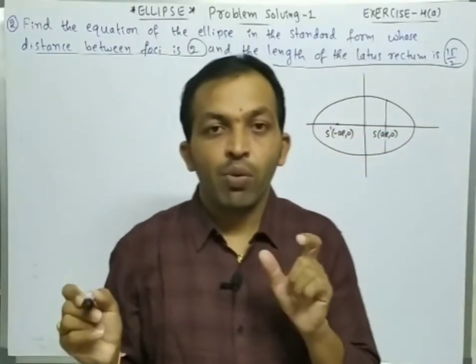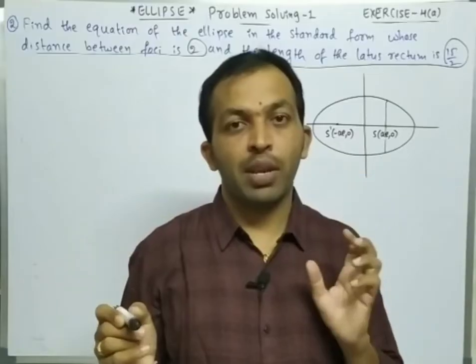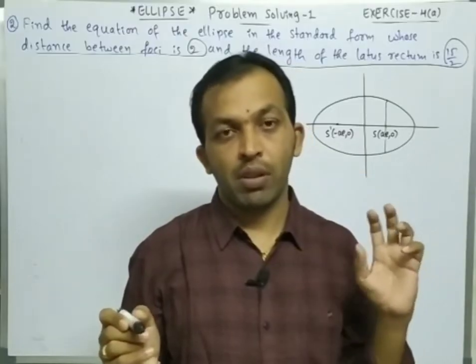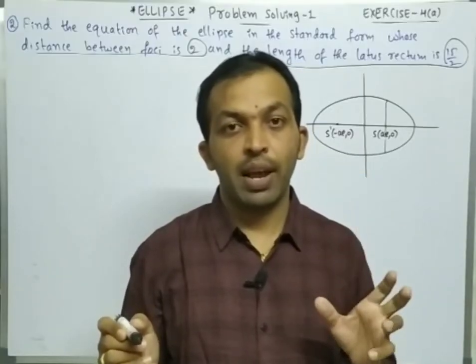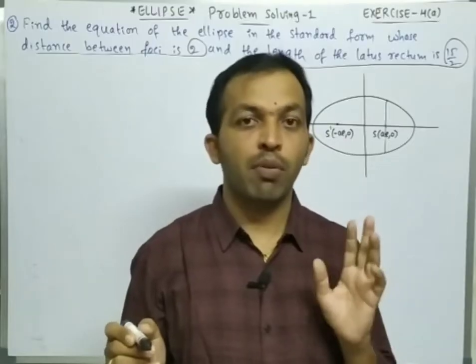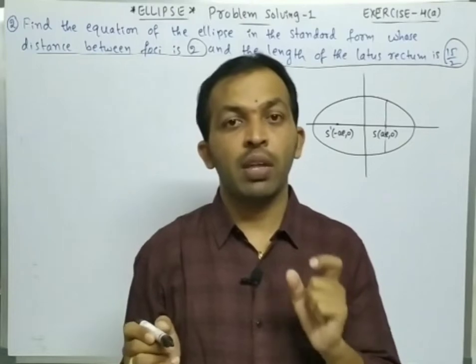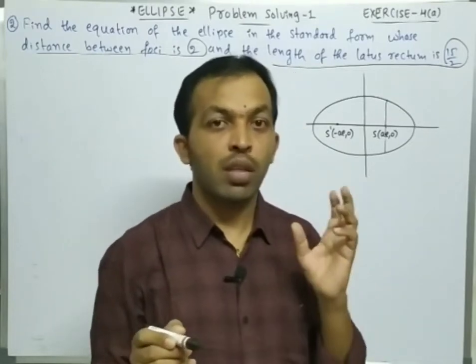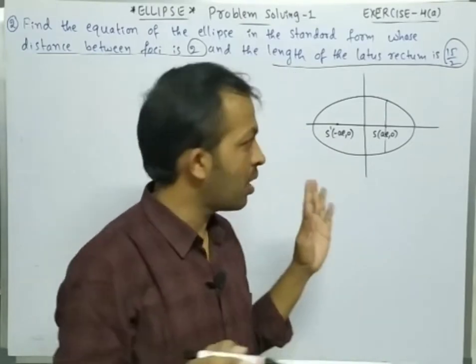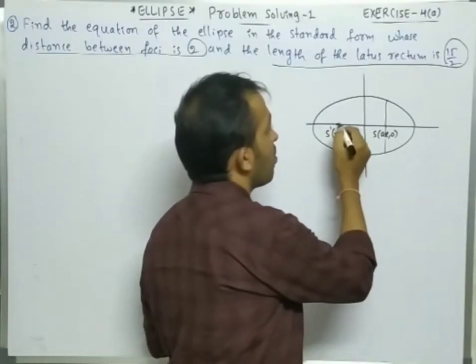In the first video I gave some important properties. I derived the standard form, the length of the latus rectum, and some other formulas also. Those are very, very important. Remember those, then you can solve these problems easily. So here the problem is: